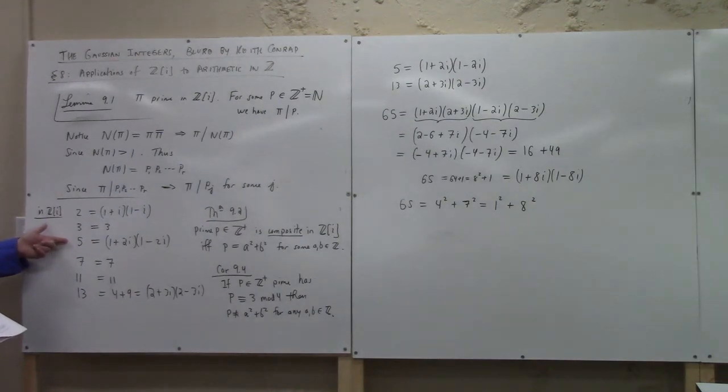It's just that. A regular prime is prime in the Gaussian integers if it's congruent to 3 mod 4. Otherwise, it's composite. Well, otherwise it's composite actually because 2 is also composite, right? So,